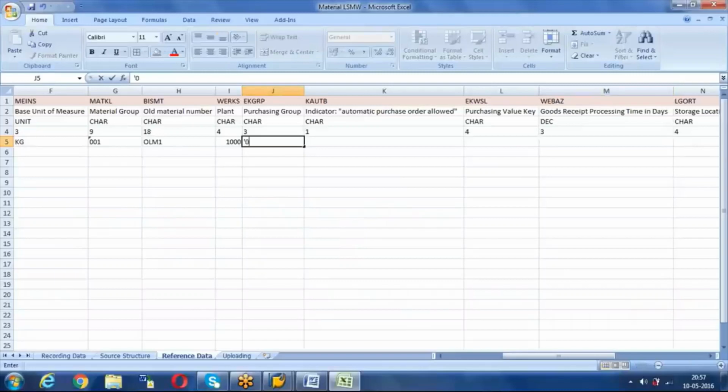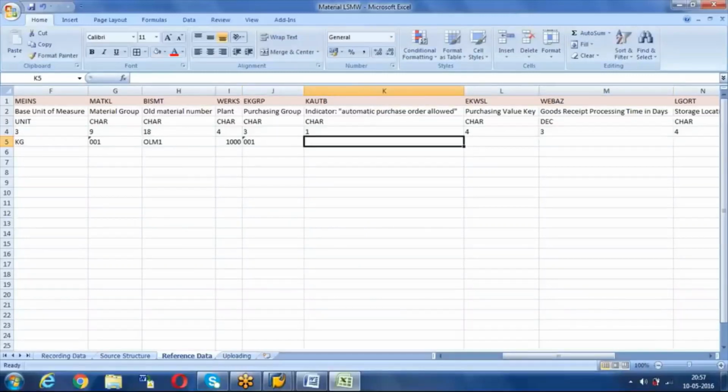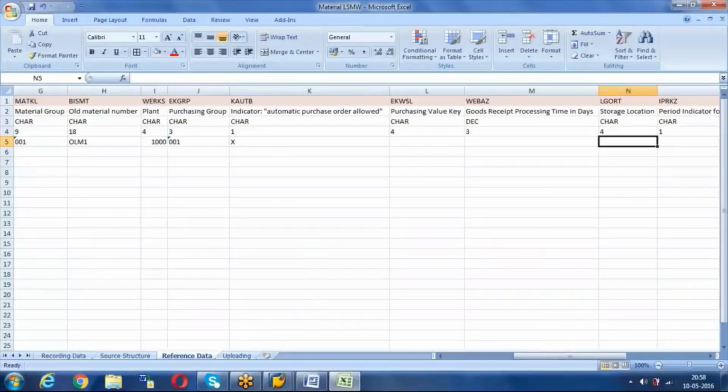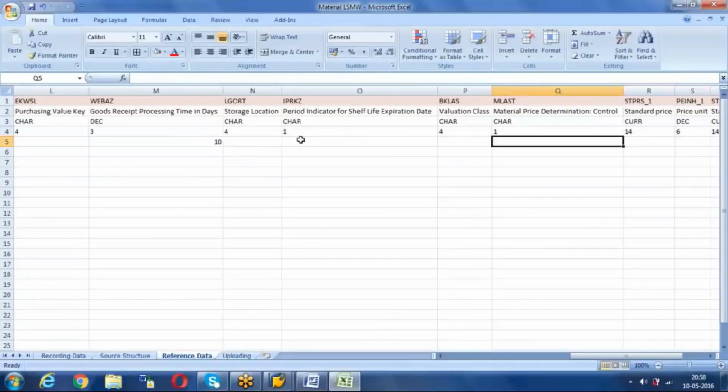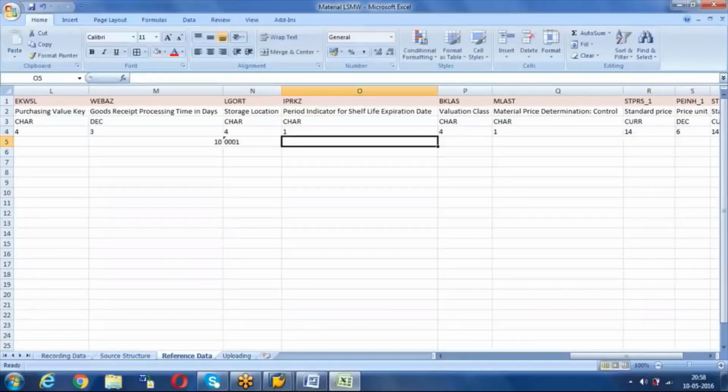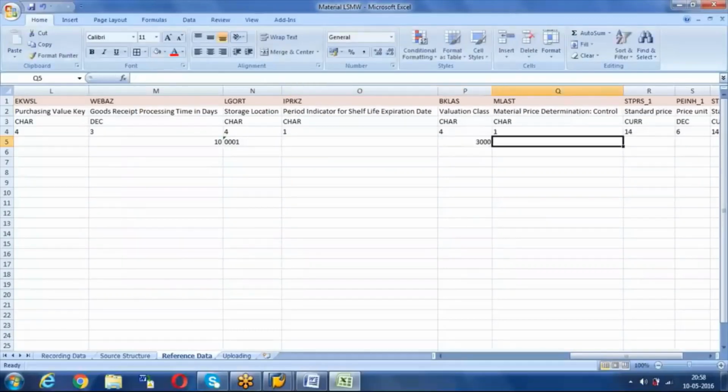purchasing group 001, and whether you want to activate automatic PO or not, if you want you can activate, otherwise we can leave. If you want to activate, just click X. Purchasing value key, if you want we can give, otherwise we can leave it. The GR processing time you can give some 10 days. Storage location for which you want to create the material 0001. The period indicator for shelf life expiration date, that we can leave it because system will only propose that value. The valuation class is 3000,